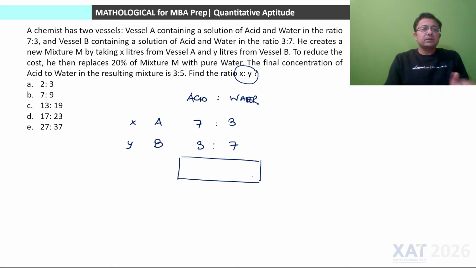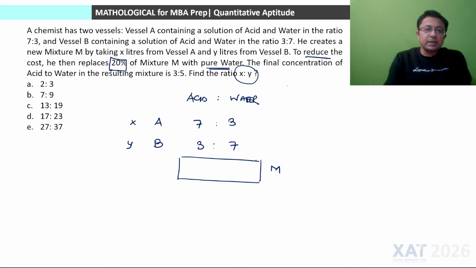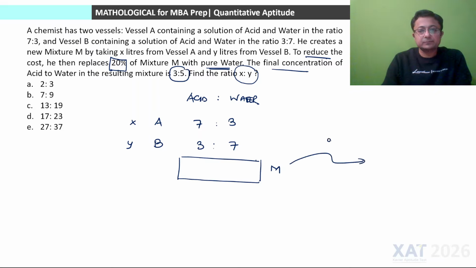देन मिक्सचर is created, ठीक है, मिक्सचर M is created. Now in this mixture M, to reduce the cost, he is replacing 20% of the mixture M with pure water. मिक्सचर M में रेशियो क्या है हमारा एसिड और वाटर का, ये हमें पता नहीं है, दिस इज अननोन, बट वी नो कि फाइनल कंसंट्रेशन ऑफ द एसिड टू वाटर इज 3:5, बट आफ्टर द रिप्लेसमेंट, ठीक है, आफ्टर रिप्लेसमेंट रेशियो ऑफ एसिड एंड वाटर इज 3:5